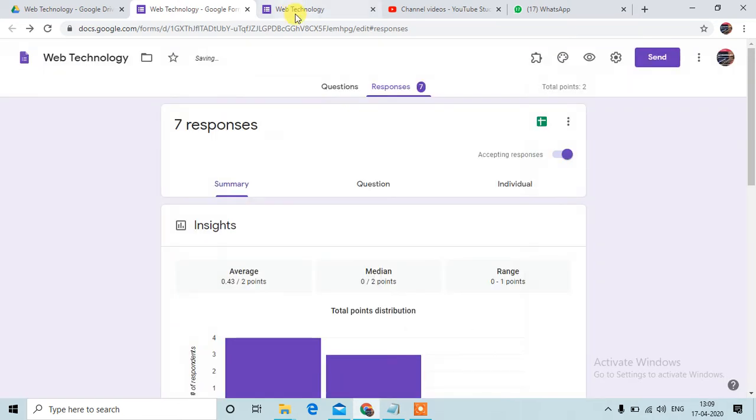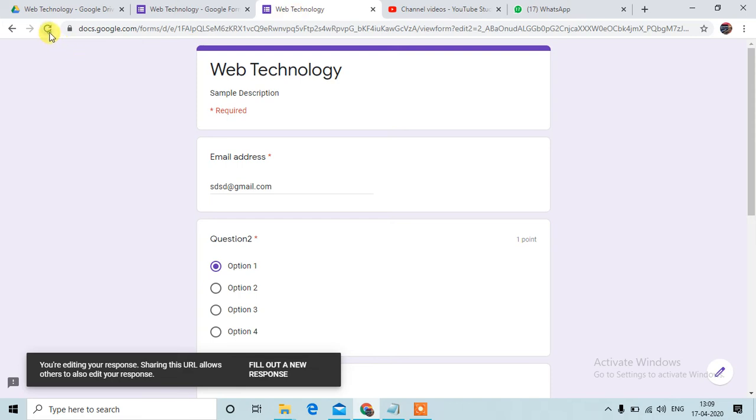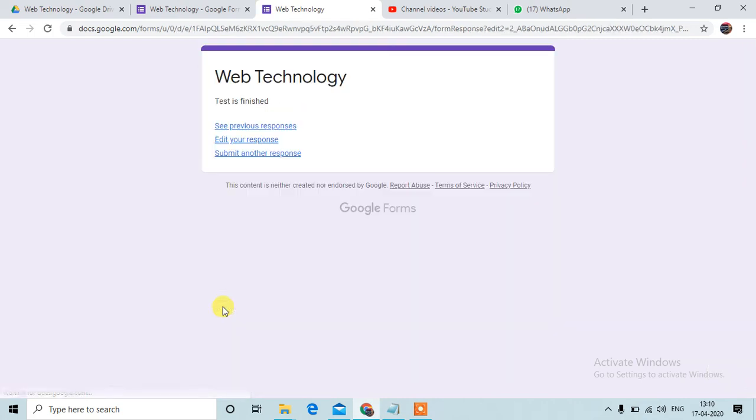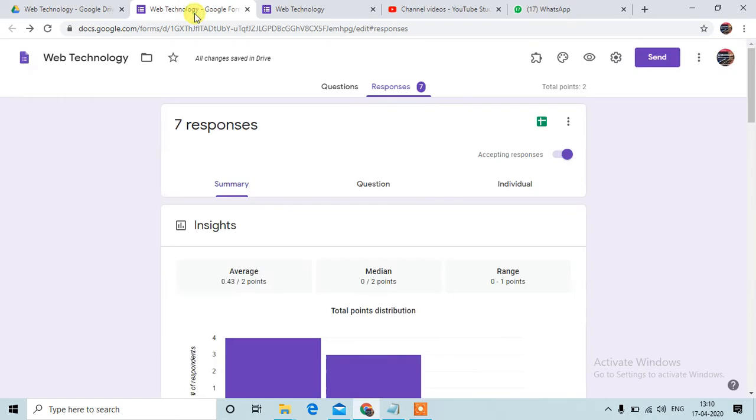Save it. Again go to this and submit. So see, there is an option, see previous responses, so the user will be able to see. If you don't want this type of link, then you can just disable it.